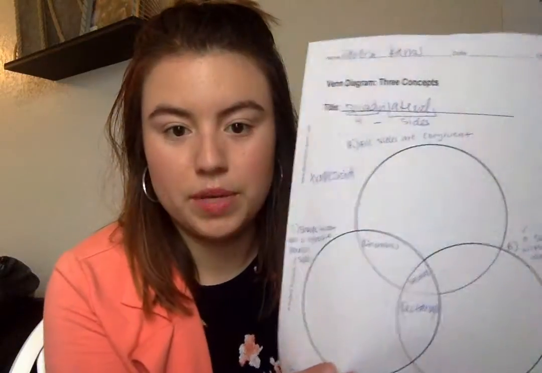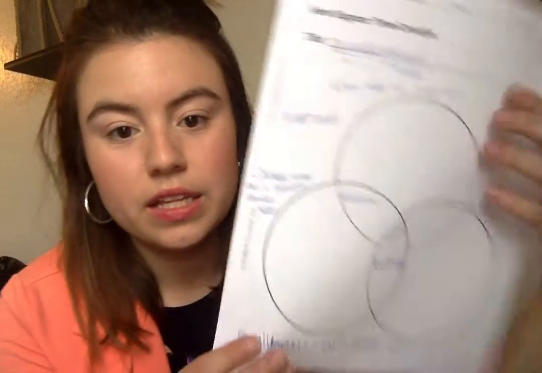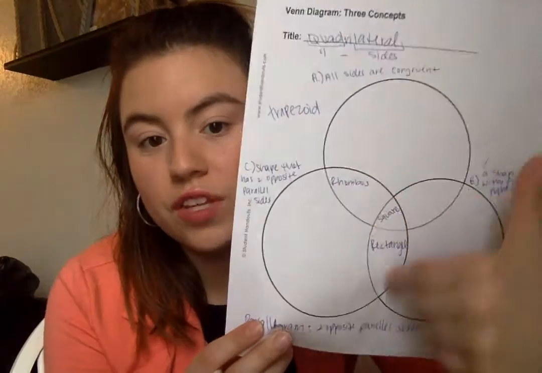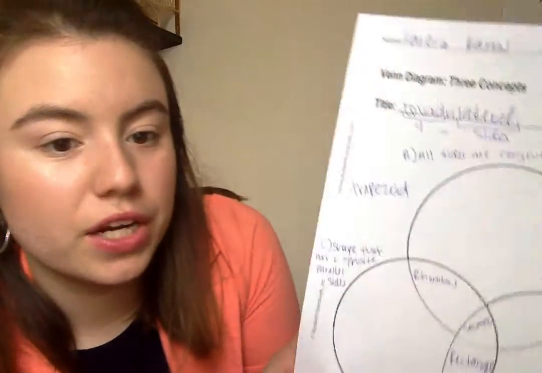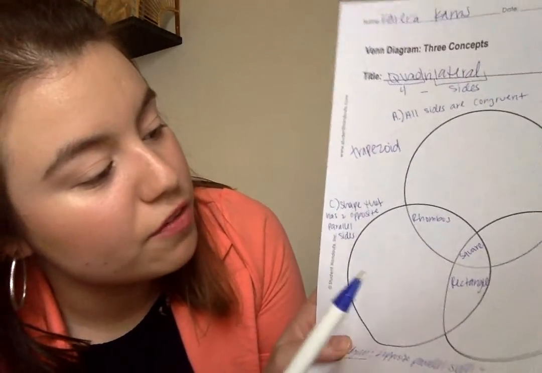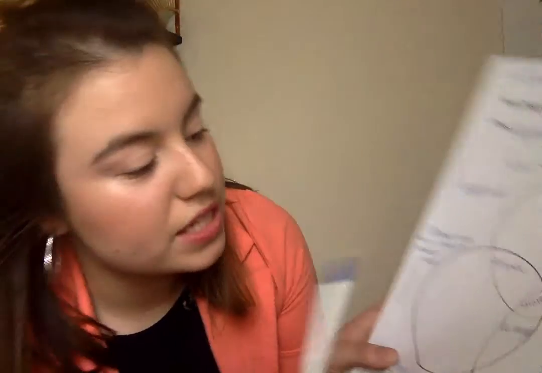So we are going to look at our diagram here. And since it's going to be the same definition as category C, we're going to look at all of the shapes that fall under category C, and that's how we're going to find out what shapes are going to fall under our subcategory parallelogram. So we're going to look at our Venn diagram here, and it looks as if we have a rhombus, a square, and a rectangle. So we're going to write them under our subcategory parallelogram